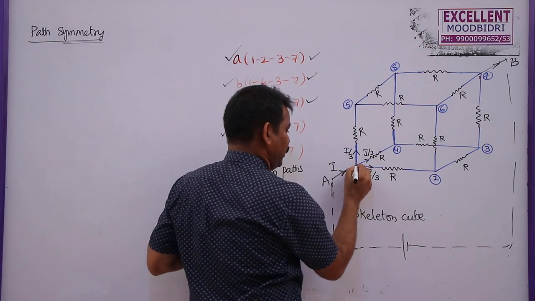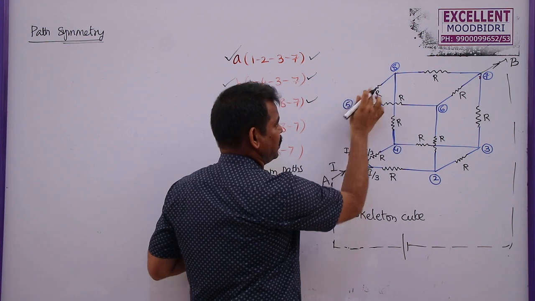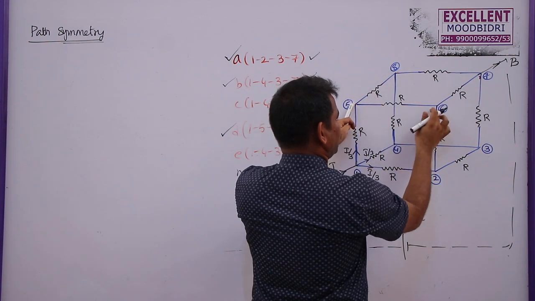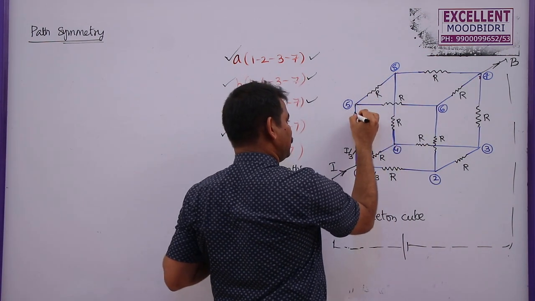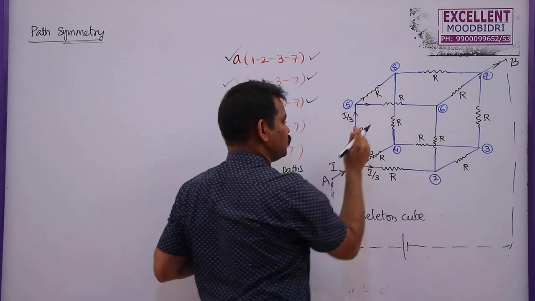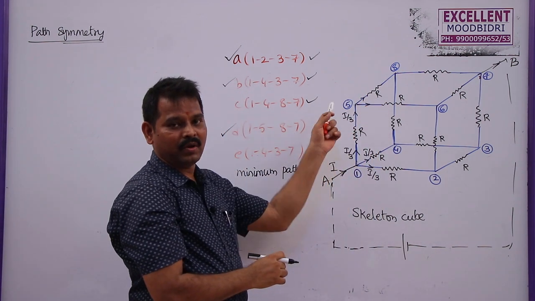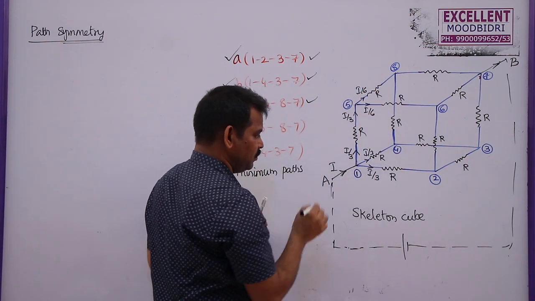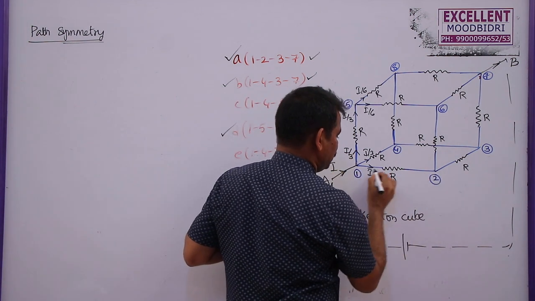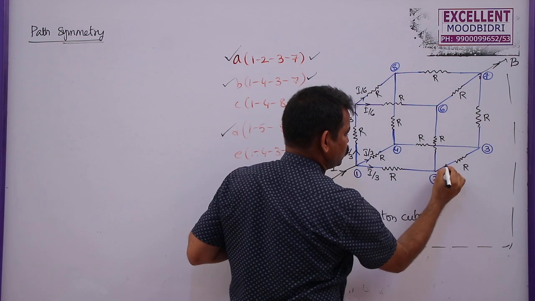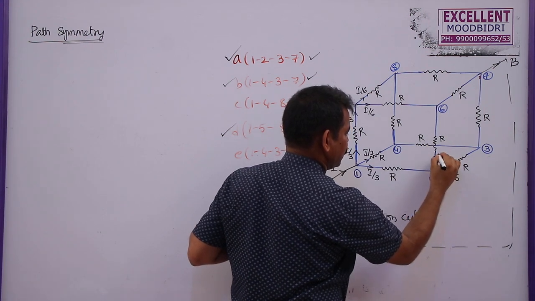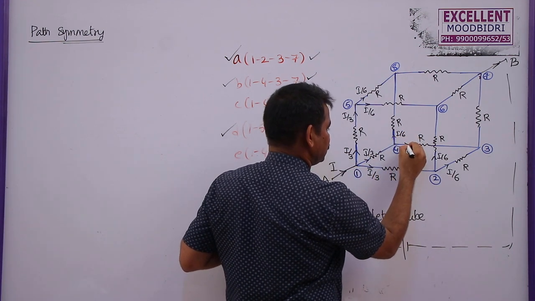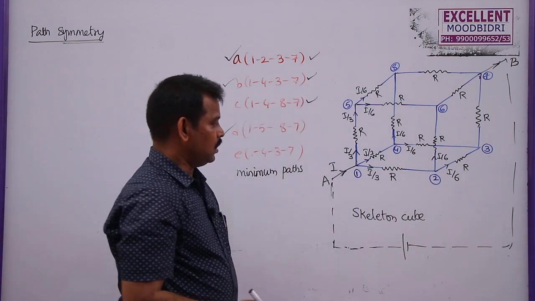Okay, now when this I by 3 current comes to this point, once again it has 2 more paths to travel. As these paths are symmetrical, once again this current I by 3 divides into 2 equal parts, I by 3 by 2, I by 3 by 2. So I can write this as I by 6, I by 6. Similarly, each of these other I by 3 currents, when they come here, divide into 2 more parts, I by 6, I by 6. Now, after this what happens?